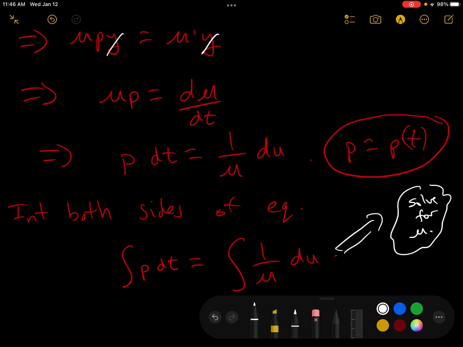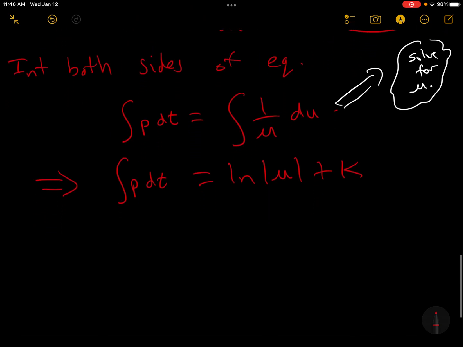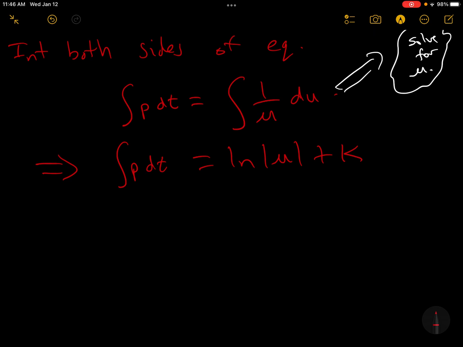All right, well, the right-hand side integrates nicely. This becomes the ln of the absolute value of mu plus some constant k. And that's equal to this integral. So, okay, now we use calc trick 134. This is the e to the ln trick, right? So I raise the left-hand side to this thing, which hopefully will be a number, and I raise the right-hand side to this old thing,